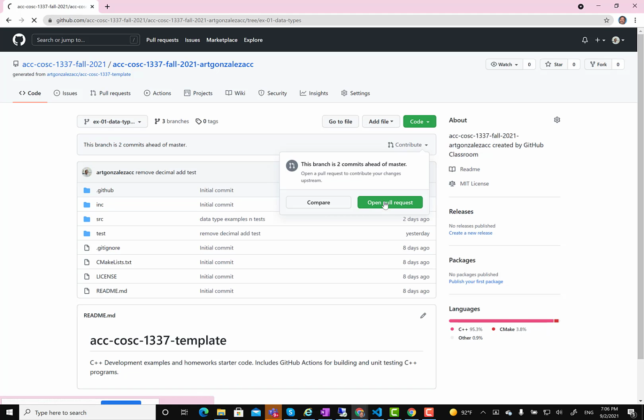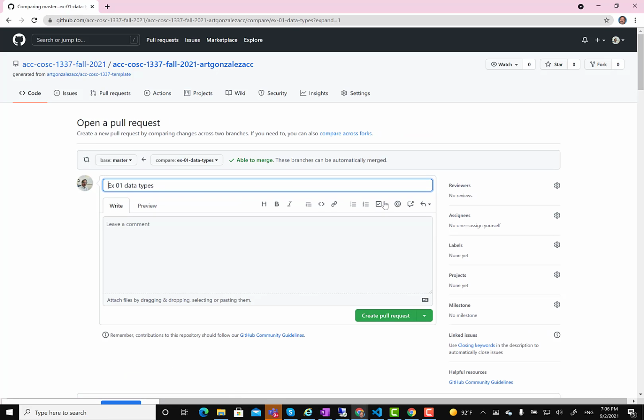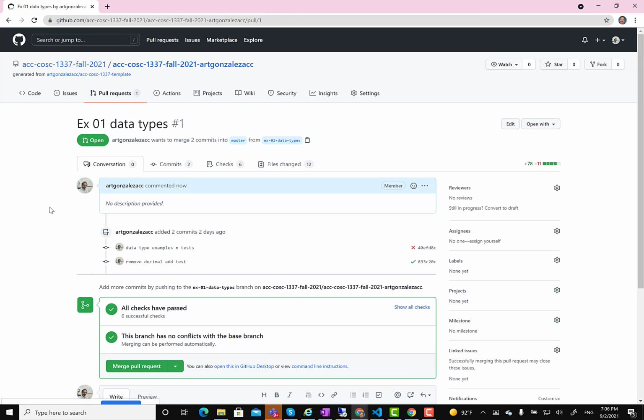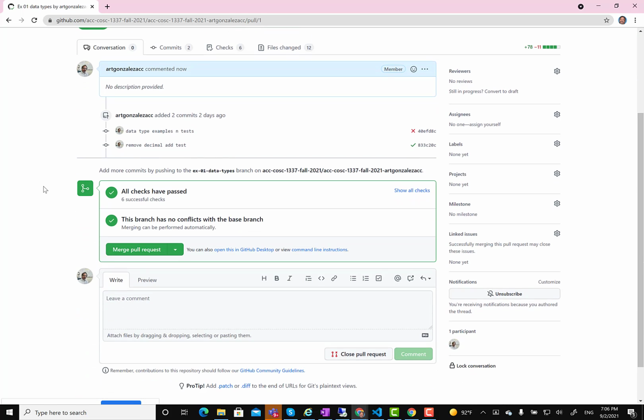So if I open a pull request and then I create pull request, what it'll do is it'll compare my branch EX01 data types to main, and it'll see if it can get my code and put it into main master for me. And it's saying all checks have passed. This branch has no conflicts with the base branch, so I can merge the pull request, meaning,